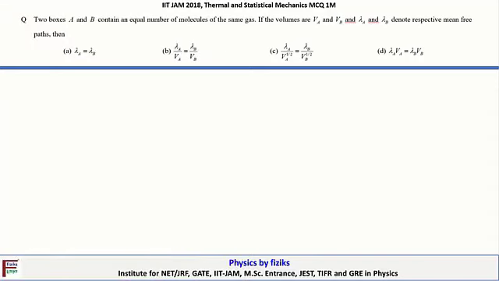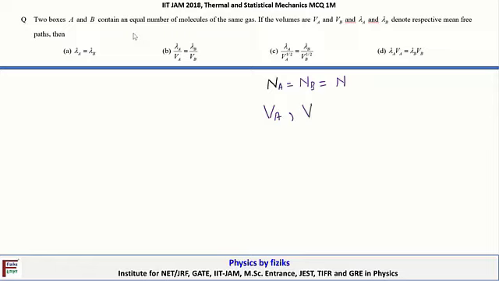So this question appeared in the IIT-JAM 2018 examination. The statement is, two boxes A and B contain an equal number of molecules of the same gas. So we are having two boxes A and B where the number of gas molecules is the same. So Na equals Nb, and let's say this is equal to N. And the volumes are given to be different, Va